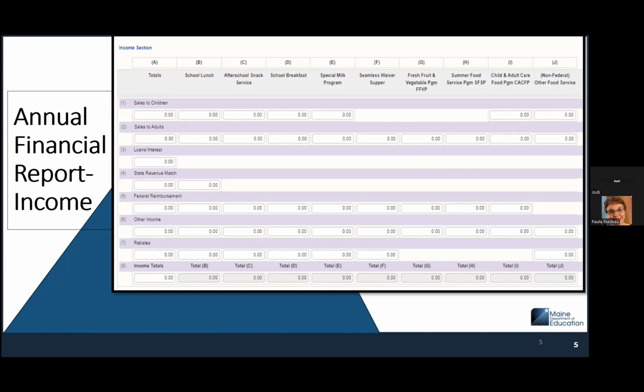Column F is seamless supper, and we do not use this seamless supper category, so you will not be using that. Column G is fresh fruit and vegetable program. Column H is a summer food service program. I is a child and adult care food program. And J, this column includes all other non-program income and expenses that are not part of the federally